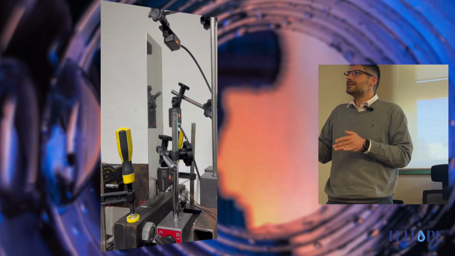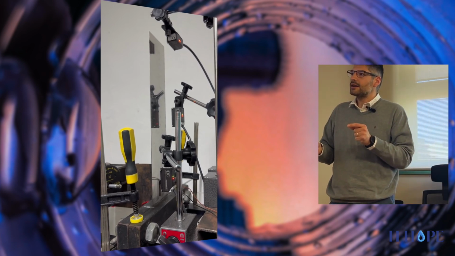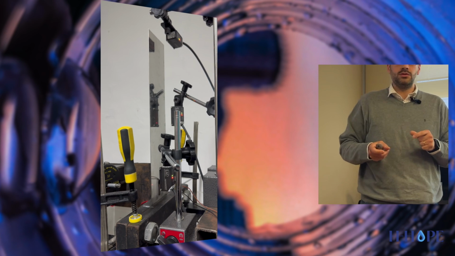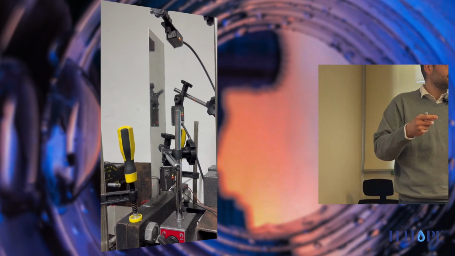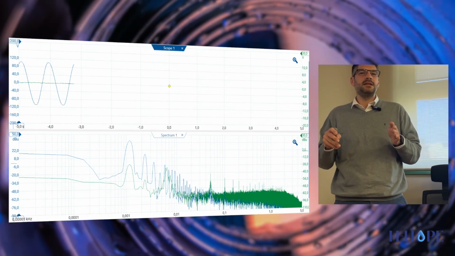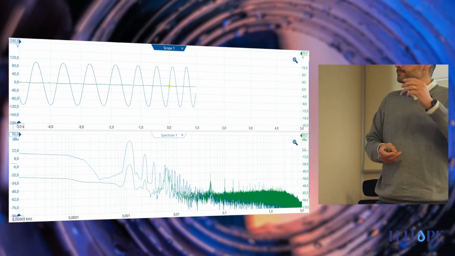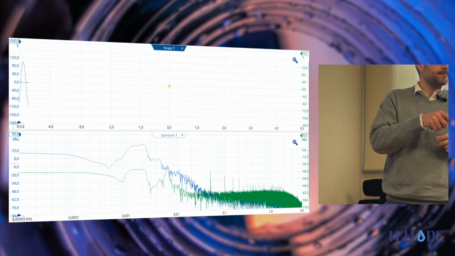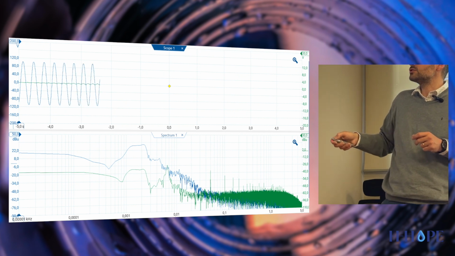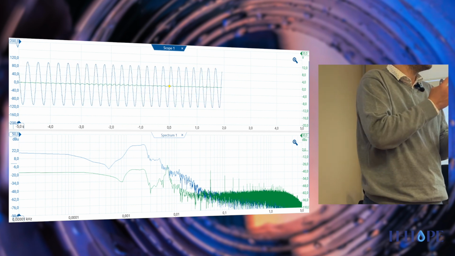The natural frequency of this system is more or less around 6.4, 6.5 hertz. It depends on whether we use the shaker or not. Firstly, we used the shaker, but it was only to excite the torsion modes of this beam. But now we only want to work with the